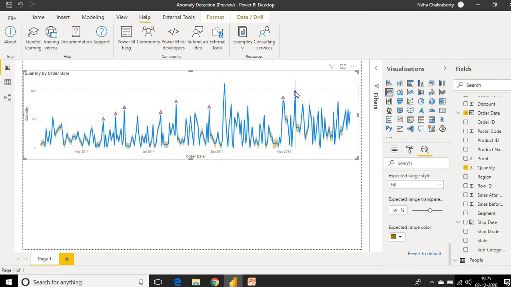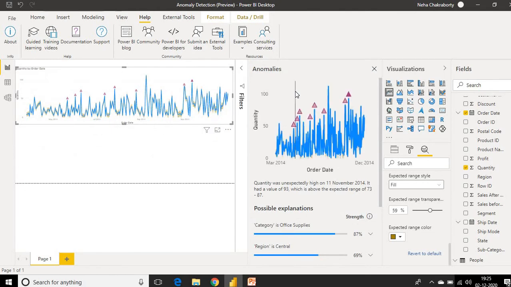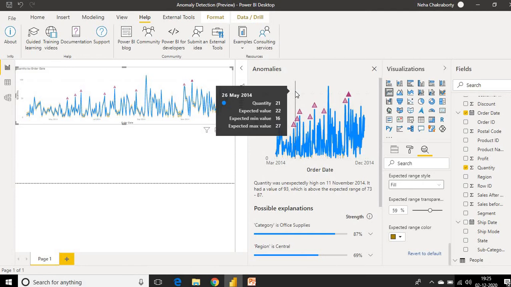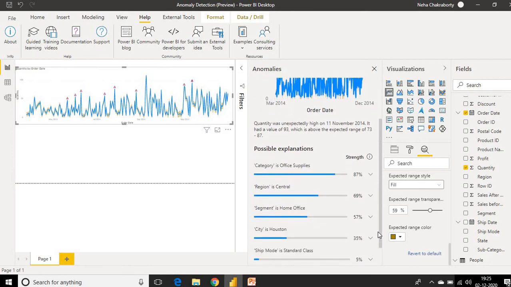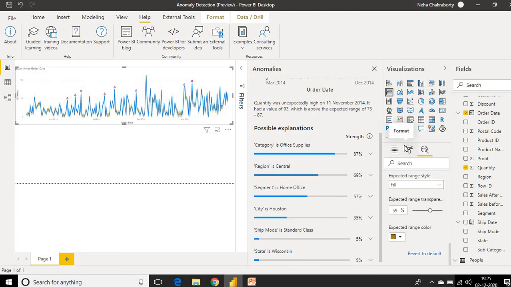Now let's click on one of the anomalies and see. We get the natural language explanation of the outlier. It says quantity was unexpectedly high on 11th November 2014. It had a value of 93, which is above the expected range of 73 to 87. And Power BI also gives the possible explanations of this outlier. By default, it selects all the categories and gives the explanations on the basis of all the categories. We can click on any of these